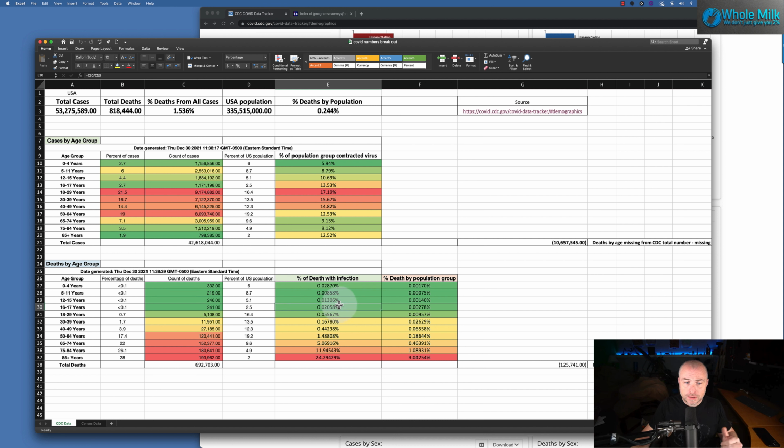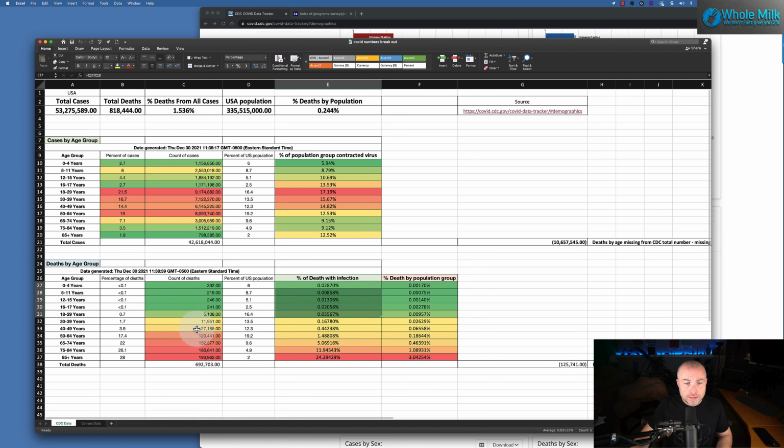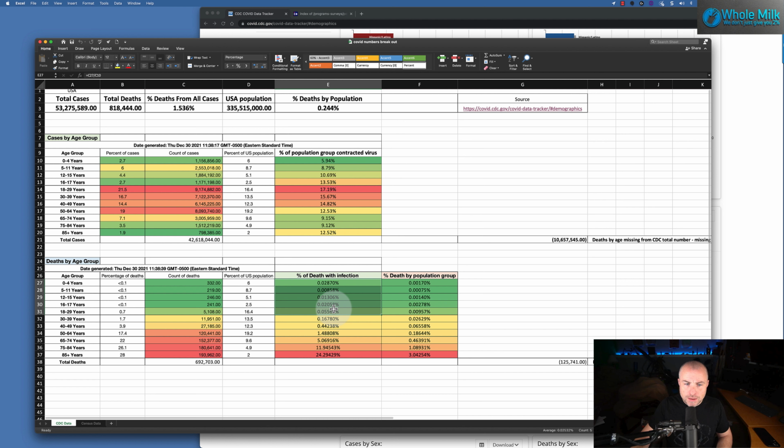And you can go down through here and look at the different age ranges and see their percentage of death based on infection. So I'm like, okay, these numbers are extraordinarily small. If I got COVID and I died of COVID, we're not even at a percent of the population who contracted COVID ending up dying. We're talking about a fraction of a percent. And a very small fraction, 0.05, 0.02, 0.01, 0.008, 0.02. I brought out the decimal places just so you could see how small these numbers were. So you don't get to 1% of the population until you get to 50 to 64.